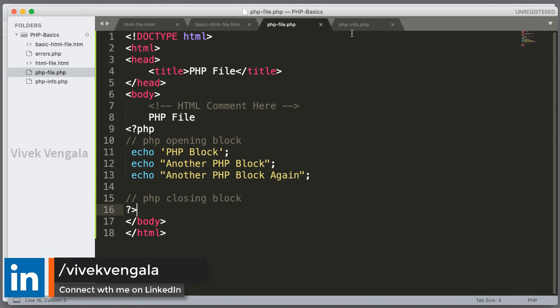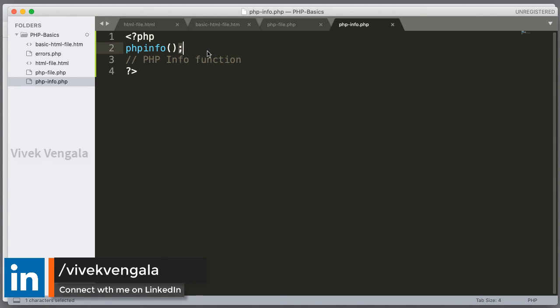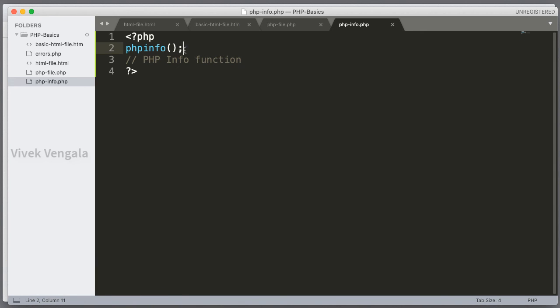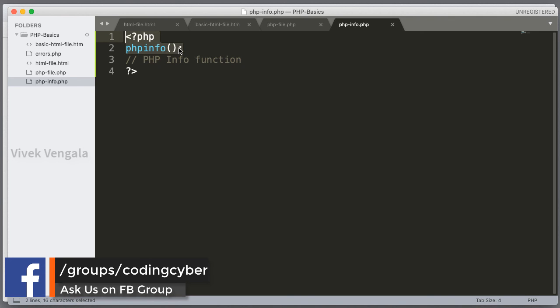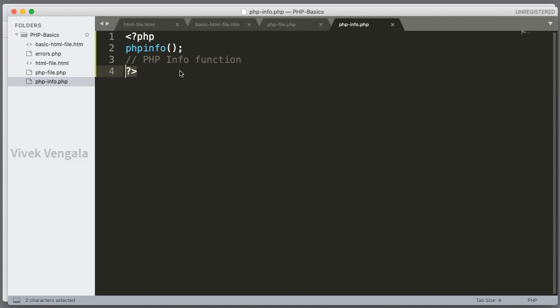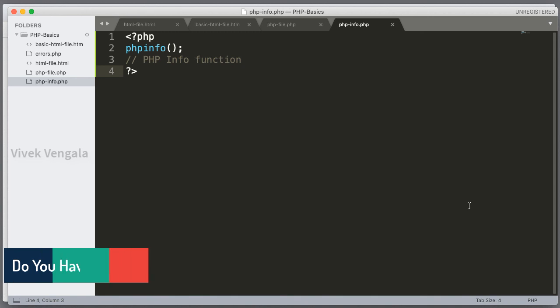And one last thing, that is phpinfo. You can check the server configuration with this single statement, phpinfo. Just open this PHP block and add the phpinfo function. You don't need to add a semicolon, but it's a best practice to add a semicolon and close the PHP block. And this PHP file should always end with .php. You can check it from here, the bottom right hand side corner of the Sublime Text editor. These are all the concepts that we learned.